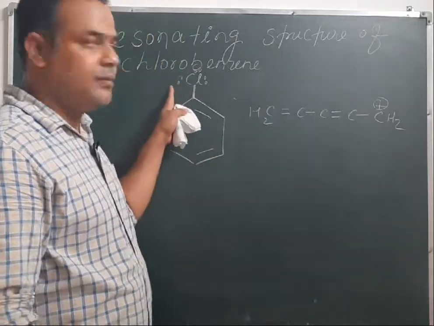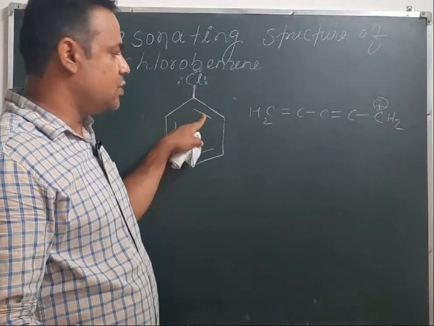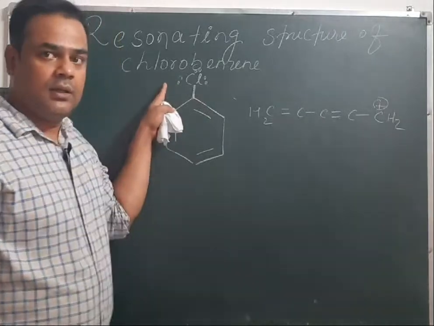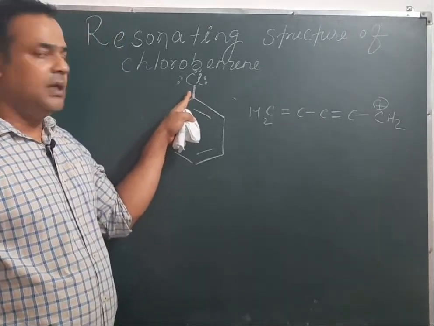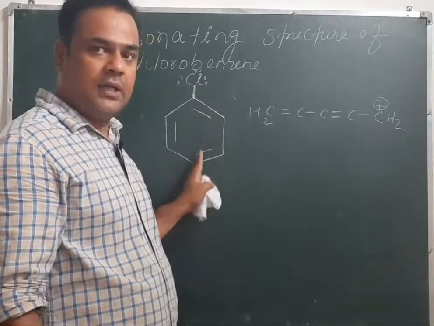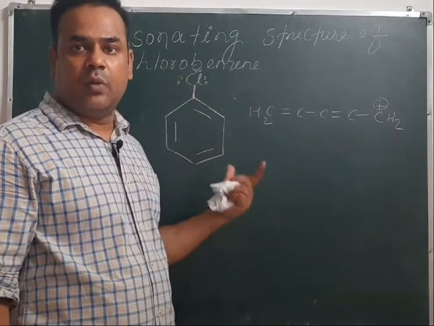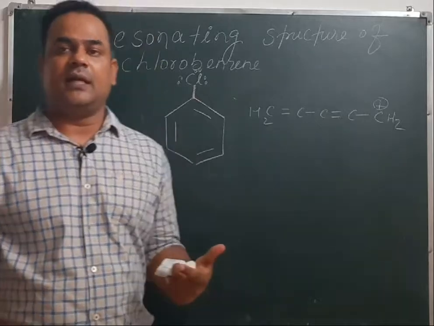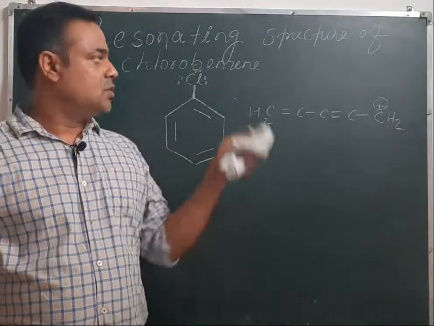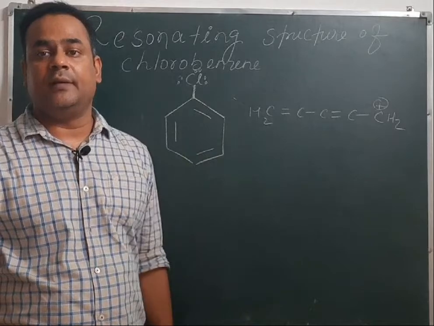So here we can see that the same arrangement is there. This electron pair of the chlorine atom is in conjugation with this double bond. Then the arrangement is: this lone pair, this single bond, then this double bond, then single bond, then double bond, then again single, double. So this lone pair is in conjugation with the double bonds of benzene, or we can say that this lone pair of electrons is in conjugation with the pi electrons of the benzene ring. So this electron pair will go in resonance with this benzene ring.